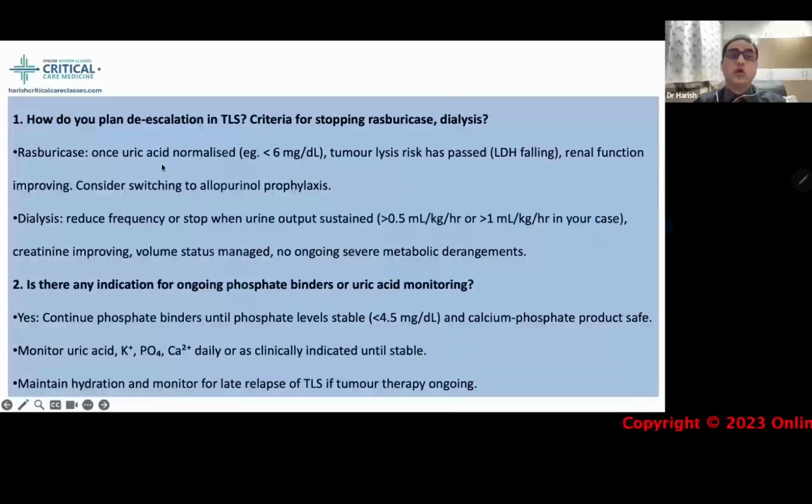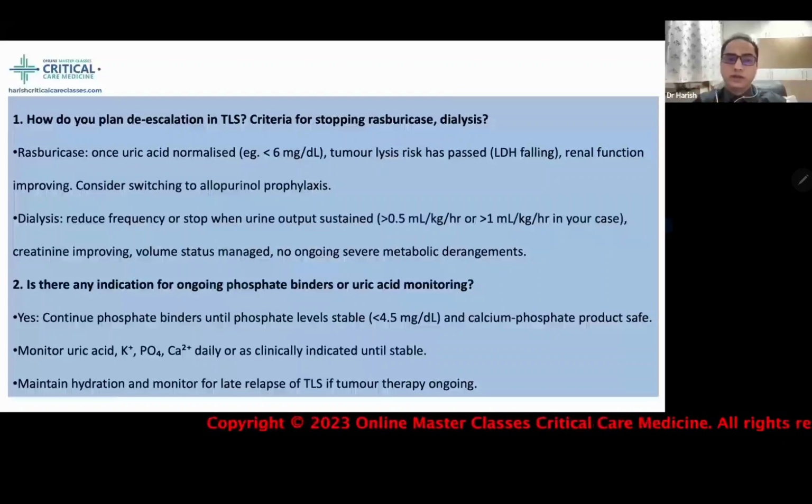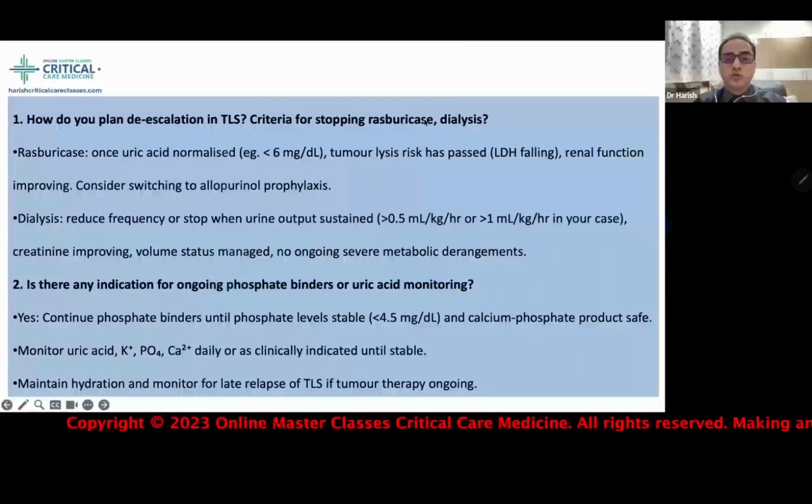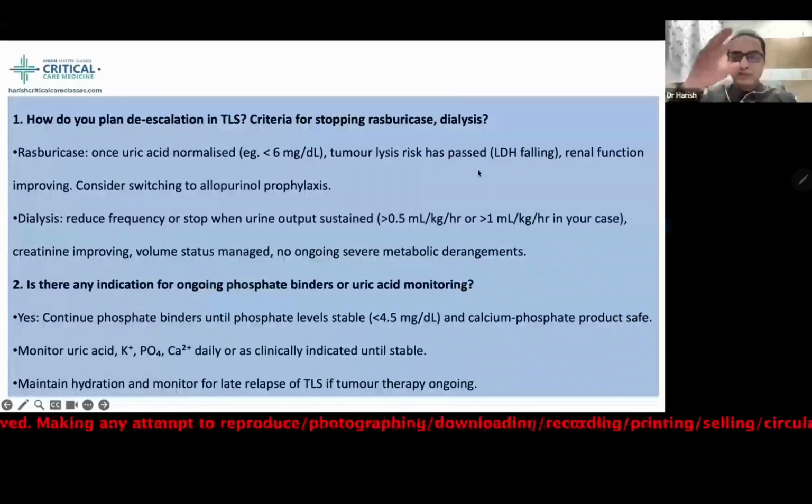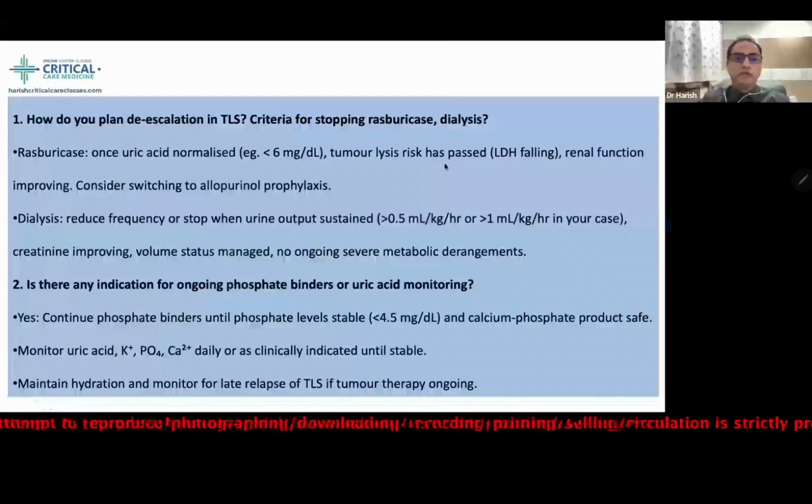So here the question is how we are going to plan de-escalation of therapy, because he was on rasburicase, some binding agents and all. What are the criteria to stop rasburicase and the dialysis? So rasburicase, once uric acid is normalized, if it is less than 6 milligram per deciliter, tumor lysis risk has passed, LDH is downtrending, renal function is improving, we can consider